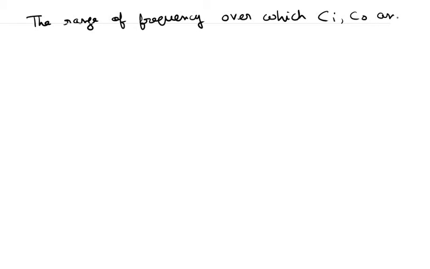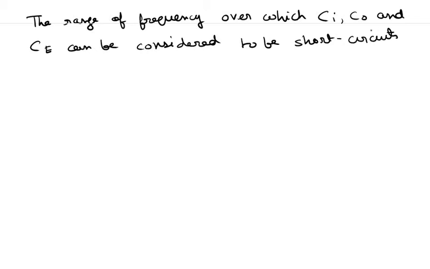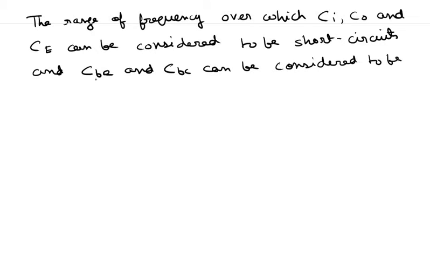So let me write it here. The range of frequency over which Ci, C0 and CE can be considered to be short circuits and CBE and CBC can be considered to be open circuits is known as